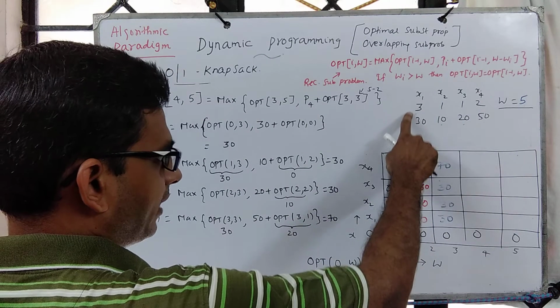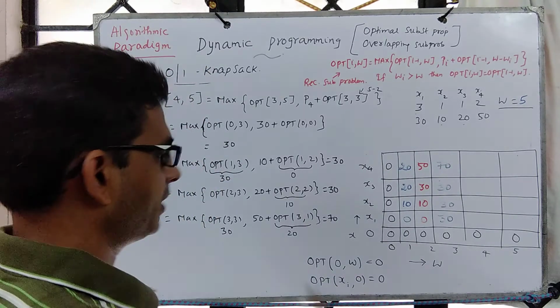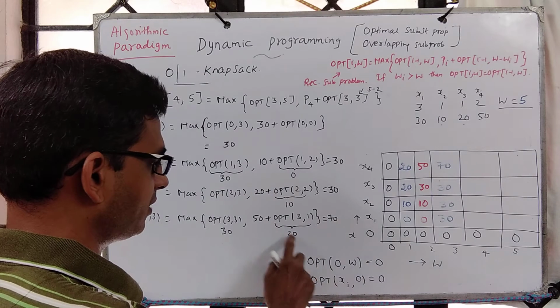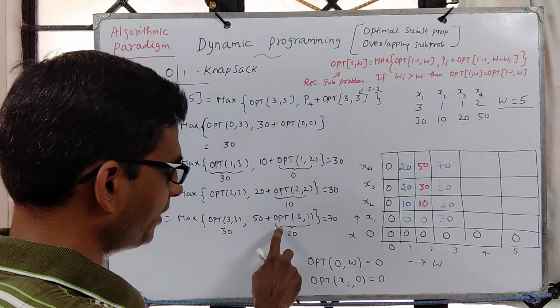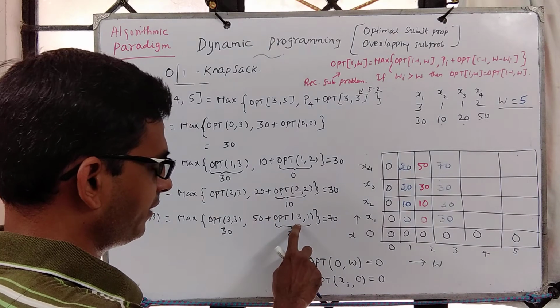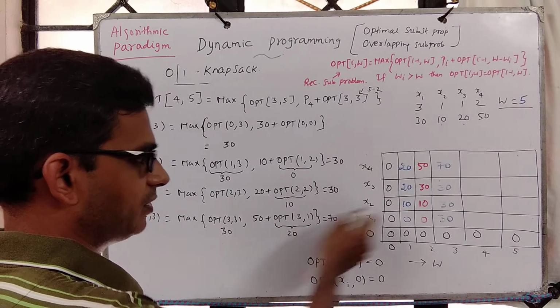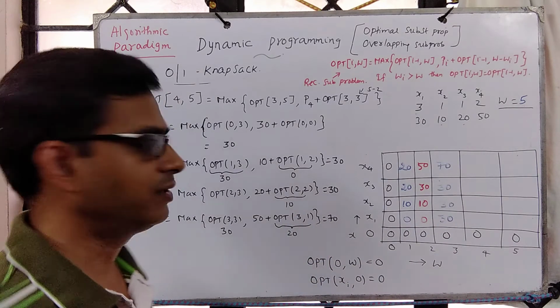Or you can simply take 1, but we know that that profit is only 30, because these things are already computed, so when we come over here it is just a constant lookup. Opt of 3 comma 1 is the optimum solution considering first 3 objects with local capacity being 1. This we have already computed. Just look at the table, plug in, and in constant time you can return the answer.